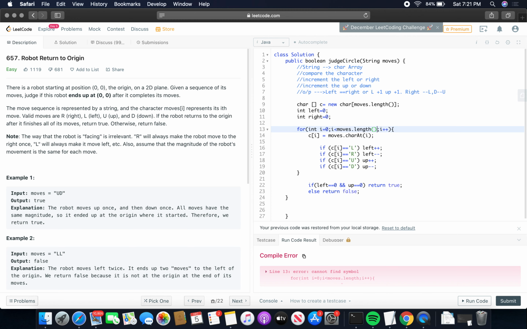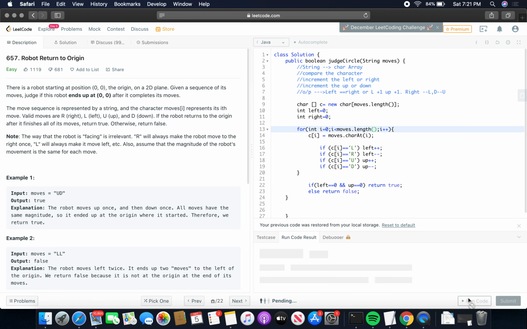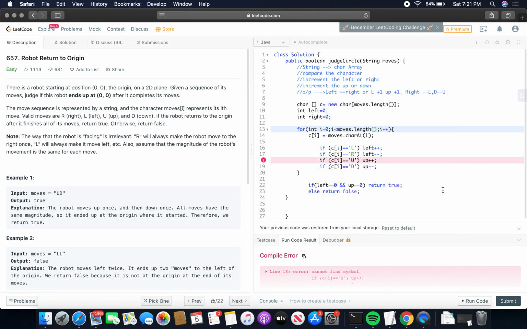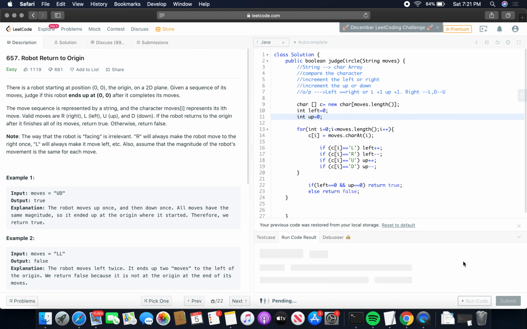Yes, we are not making use of the length method. So you can actually go through your code properly in order to see whether you are making any mistakes or not. I cannot find the symbol up plus because I would have forgotten that. So yeah, these are the basic mistakes that we make while typing.